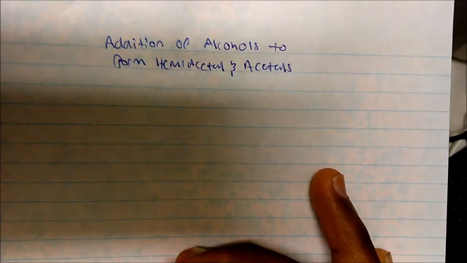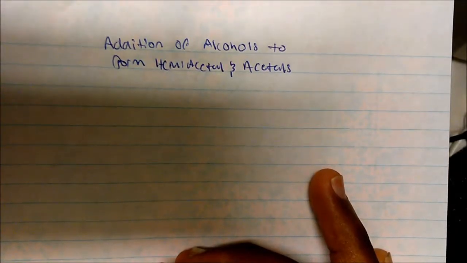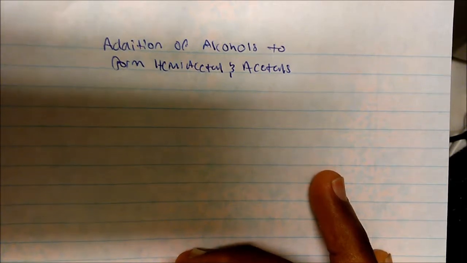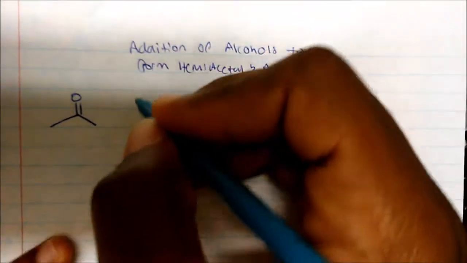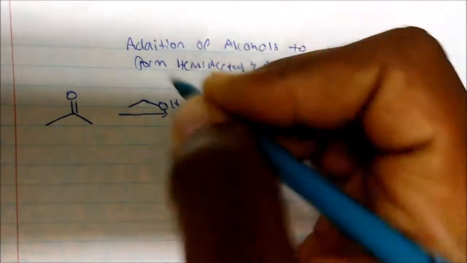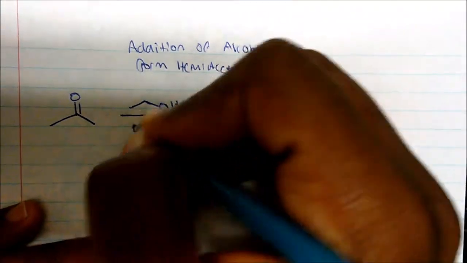Talk about the addition of alcohols to form hemiacetals and acetals, and we're going to talk about what those mean. It so happens that we're talking about carbonyls, and this happens with ketones and aldehydes. So if I take a simple molecule such as acetone and add ethanol, and you've got to do this in acid,